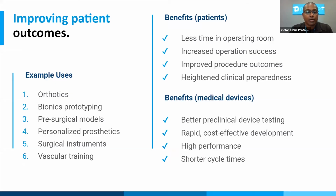Orthotics, bionic prototypes, pre-surgical models. For example, if you want to practice on a specific surgical model of that patient before you actually work on the patient. Personalized prosthetics is a big area. In fact, we have supported